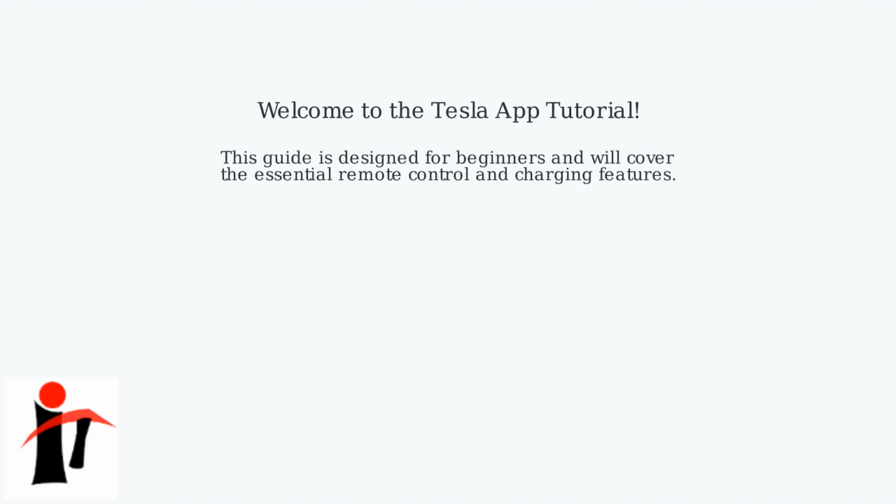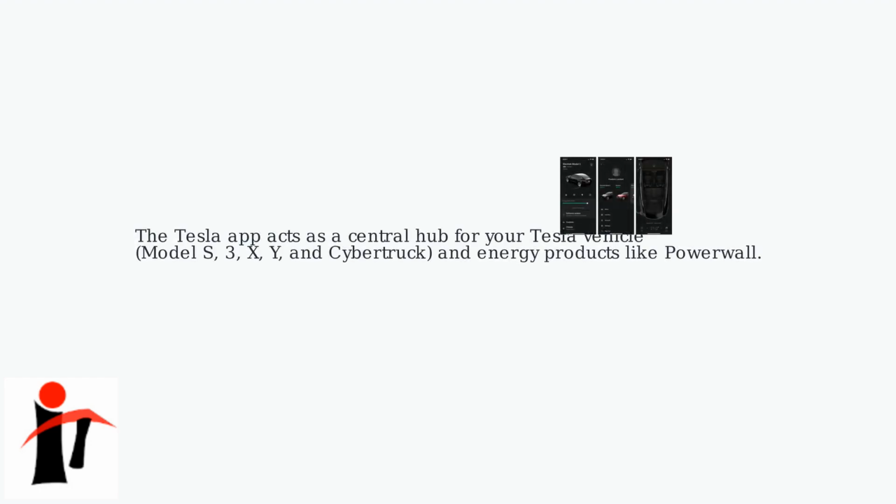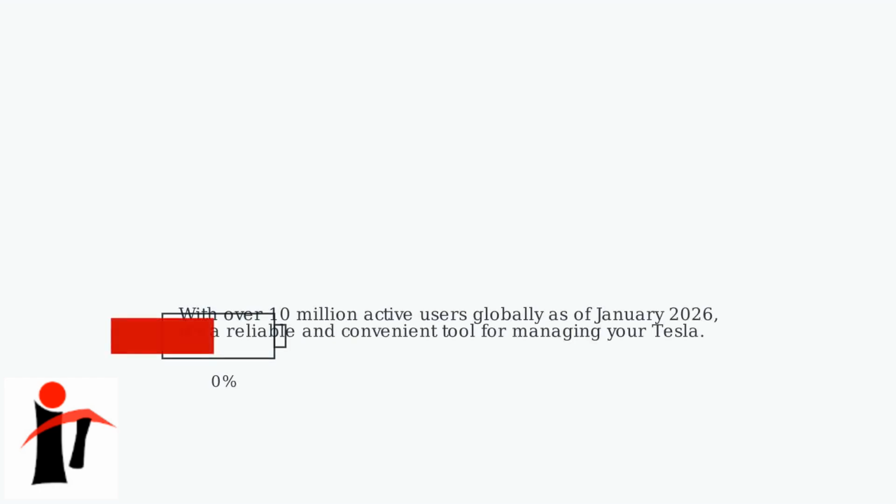Welcome to the Tesla app tutorial. This guide is designed for beginners and will cover the essential remote control and charging features. The Tesla app acts as a central hub for your Tesla vehicle, including Model S, 3, X, Y, and Cybertruck, as well as energy products like Powerwall. With over 10 million active users globally, as of January 2026, it's a reliable and convenient tool for managing your